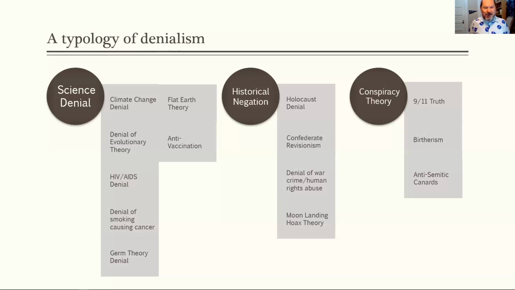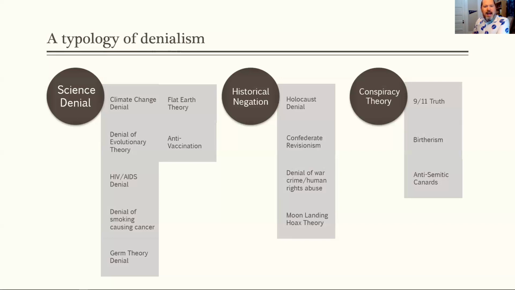This is why I'm wearing a NASA shirt while I do this, because of flat Earth theory and because of the moon landing hoax. The moon landing hoax gets into conspiracy theories suggesting that NASA is involved in a cover-up, right? So there are other conspiracy theories that don't fit as well into the other categories. The 9/11 truther movement is kind of like historical negation, saying something didn't happen the way we think it happened, although it's pretty recent history. Same with birtherism, trying to claim that Obama wasn't born in the United States.